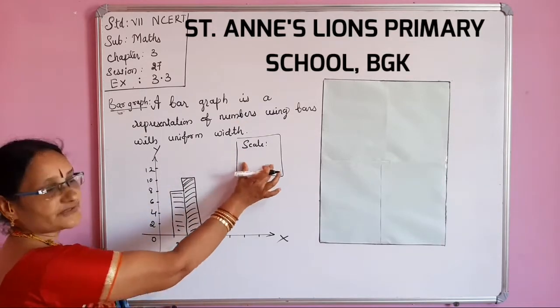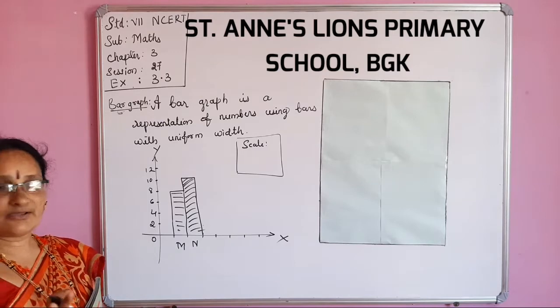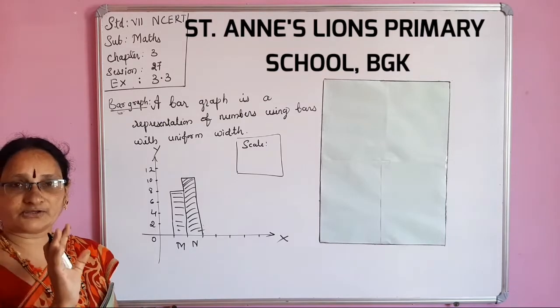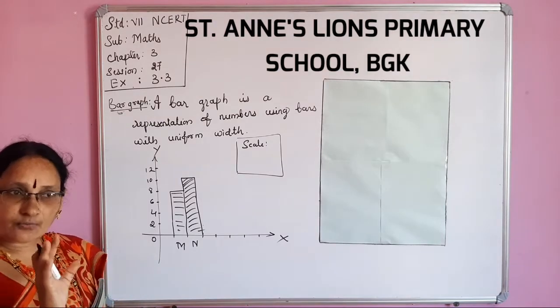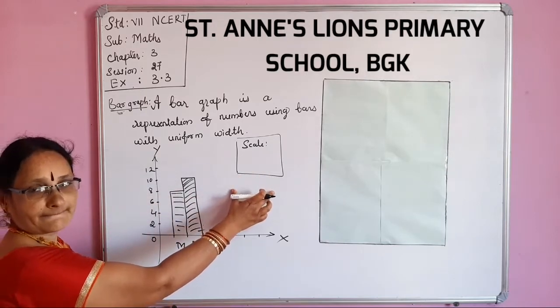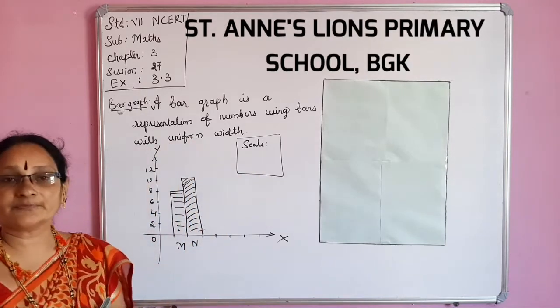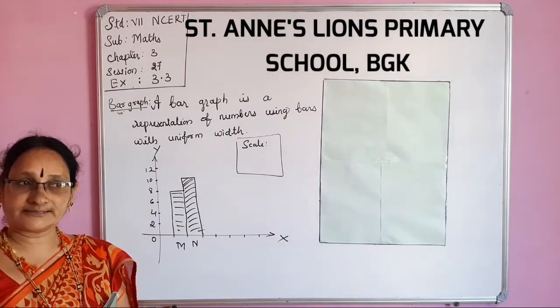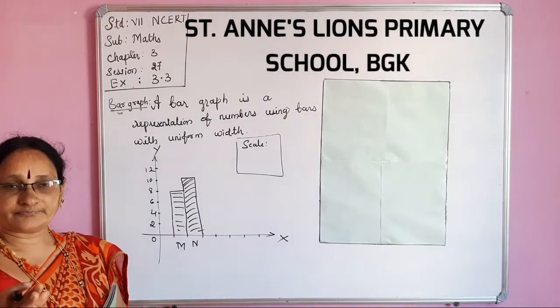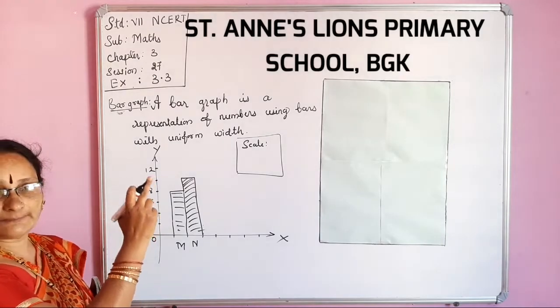This is the space for the scale. You may have 4 or 5 marks for the graph. In that, 1 mark is for the scale, and the remaining marks will be for the representation of the data. Like this, marks will be divided. So the scale is also very, very important.